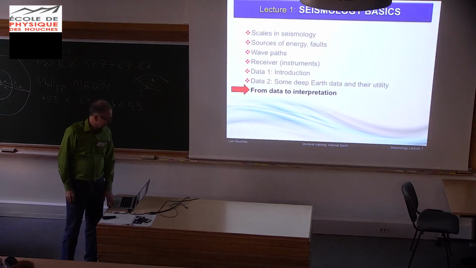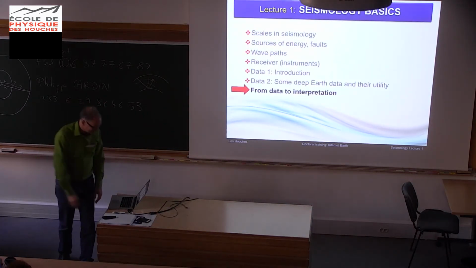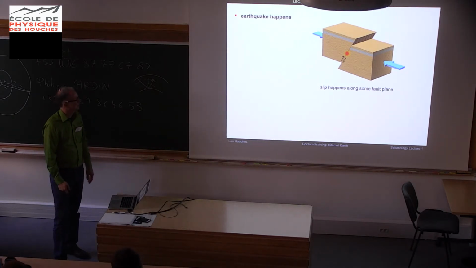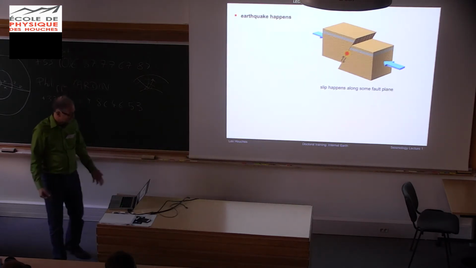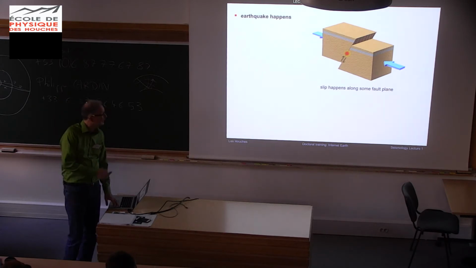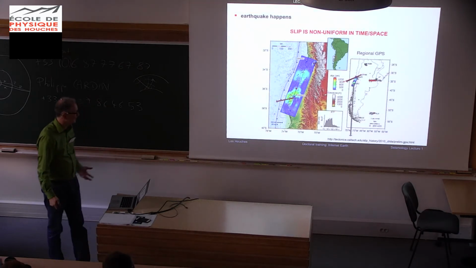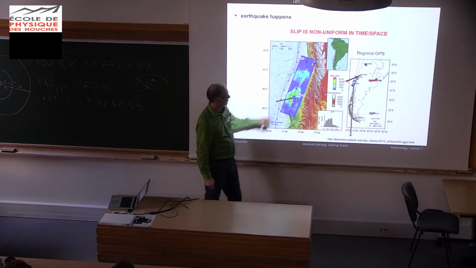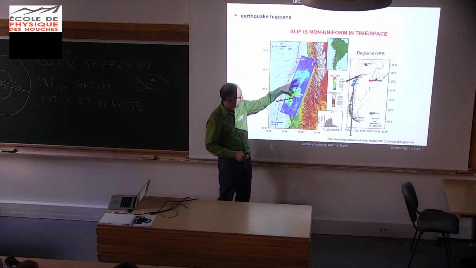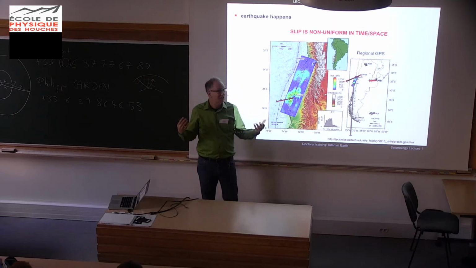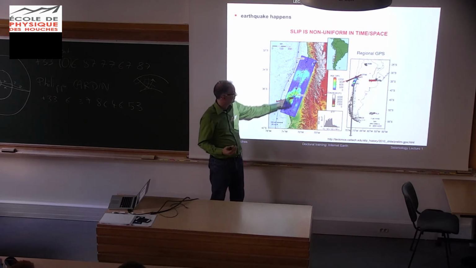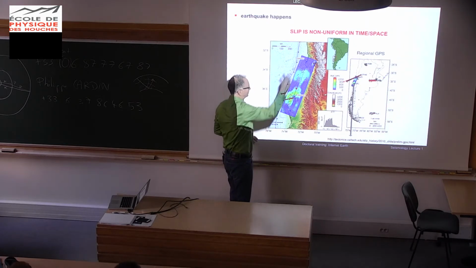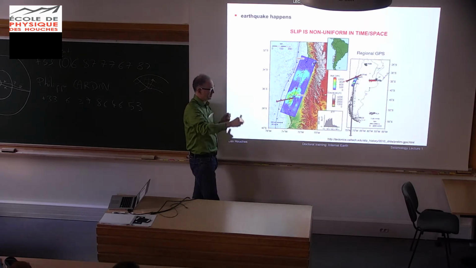Okay. So from data to interpretation, this is just kind of a little bit of a recap, because we start with slip happens somewhere. And like I said, it's not like this. In reality, the earthquake is a slip distribution. It starts somewhere, and that slip starts propagating. So for very large earthquakes, it's complicated, right? Because if the slip starts here, and it starts slipping a lot, and then there's a little pause, and then it jumps and starts slipping over here. There's a time history of slip.